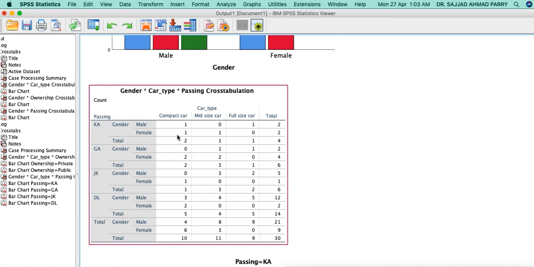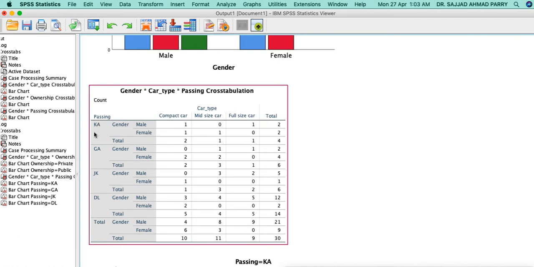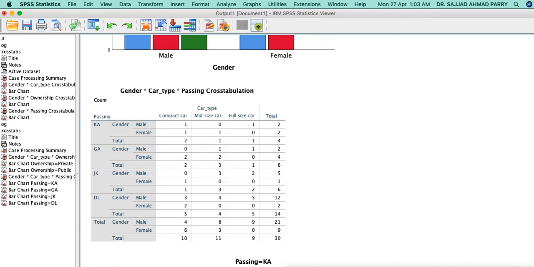One has a compact car and the other a mid-size car, and no female from Karnataka is using a full-size car, and the total is 2. That means there are 4 respondents using vehicles of Karnataka passing. Of them, 2 are compact, 1 is a mid-size car and 1 is a full-size car.